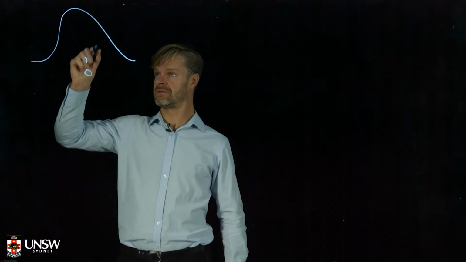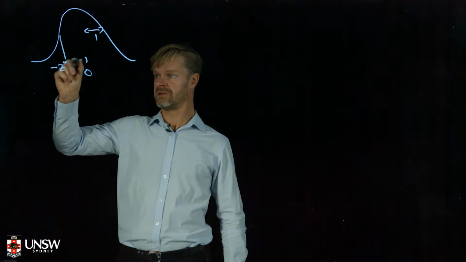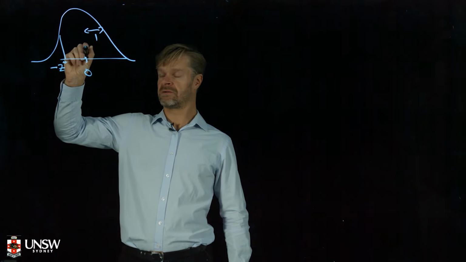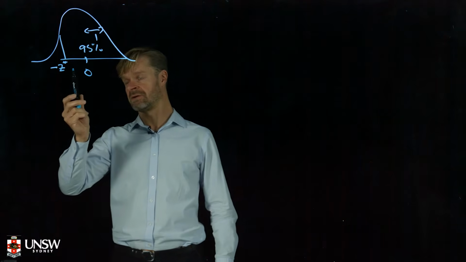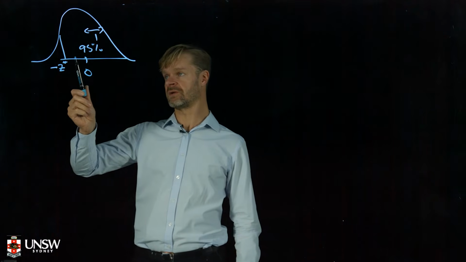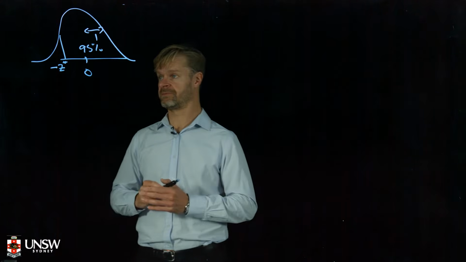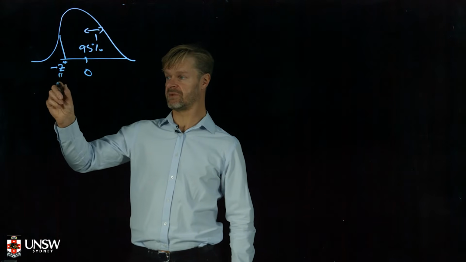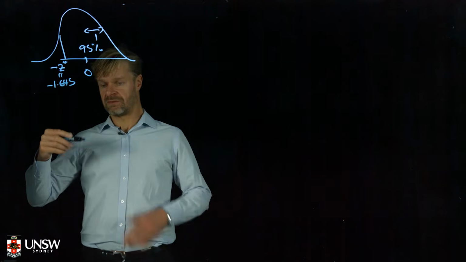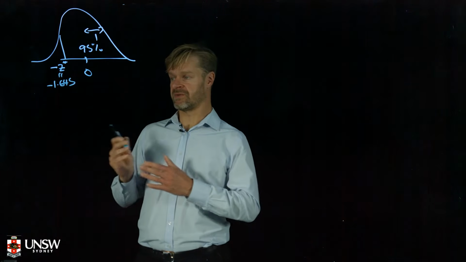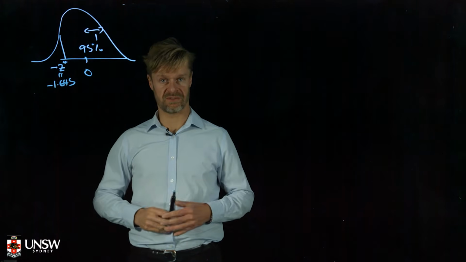So we could find a value negative z star. For a 95% confidence interval, we could say, what's a value so that 95% of the time, we're no further than that much below the true mean? You solve this on MATLAB, you end up getting minus 1.645. We can then say, well, 95% of the time, our sample mean is no further than 1.645 standard errors less than the true mean,